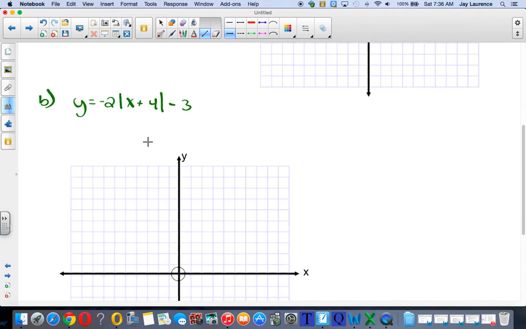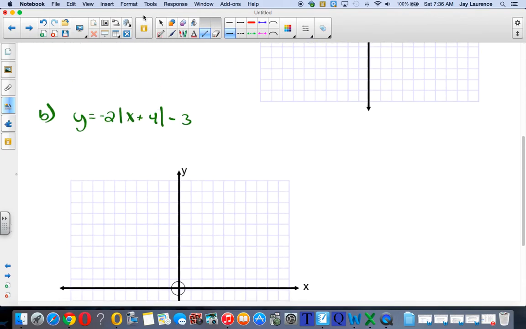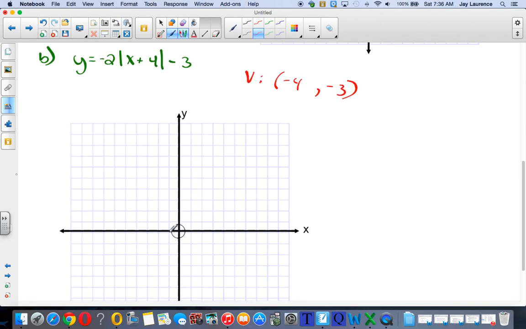Okay, got one here, and I've got y equals -2 times the absolute value of x plus 4, minus 3. A couple more minutes, buddy. So my vertex is going to be at -4, the x coordinate changes signs, -3, the y coordinate does not. Okay, so we go 1, 2, 3, 4, and then down 1, 2, 3. There's my vertex. Now because my slope is negative, my V is going to open downward, but it doesn't change